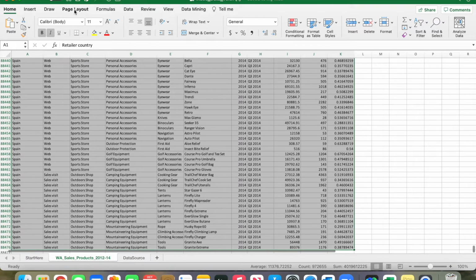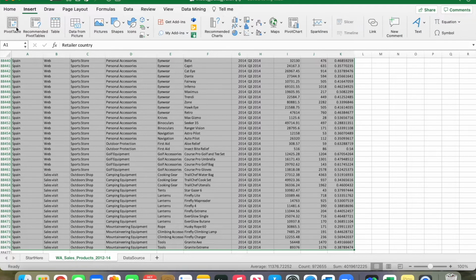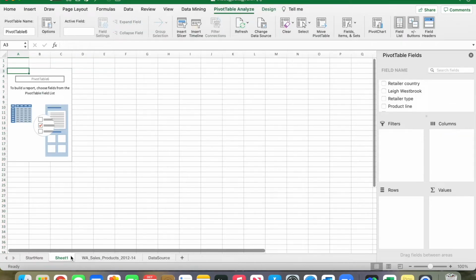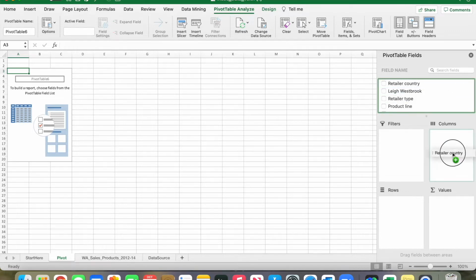Then under the Insert ribbon, you're going to click the little icon Pivot Table. And you can see that our default, or the range selected, is everything in the sheet, and we're going to place it in a new worksheet, which is already the default. Go ahead and click OK. From here you can rename the sheet. I'm going to rename it to Pivot, and on the right pivot table fields, we're going to drag retailer country